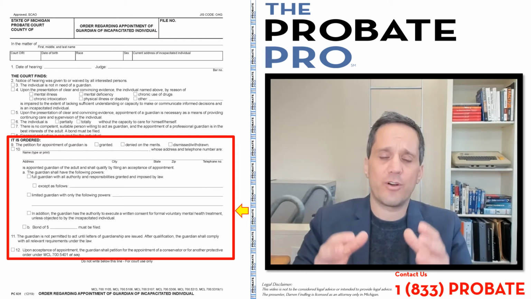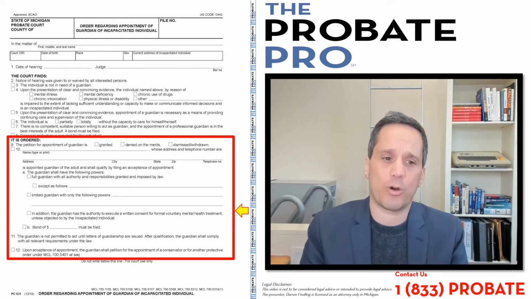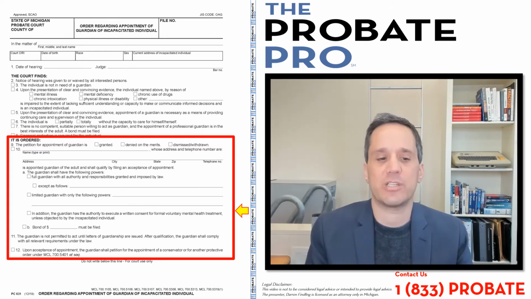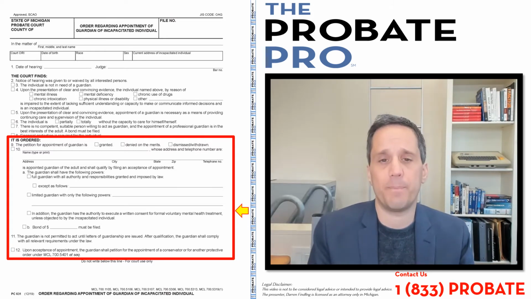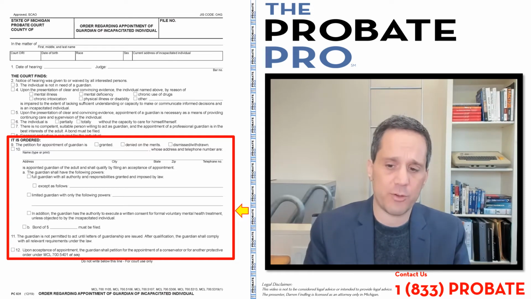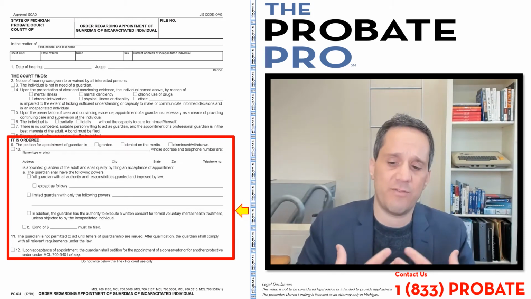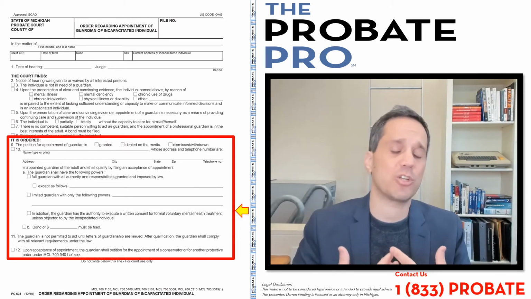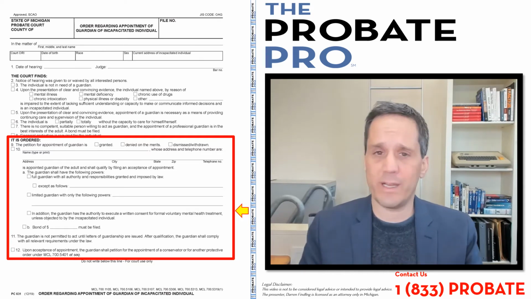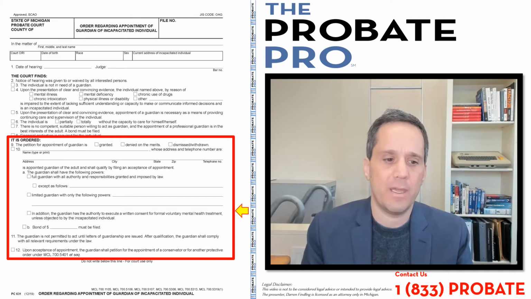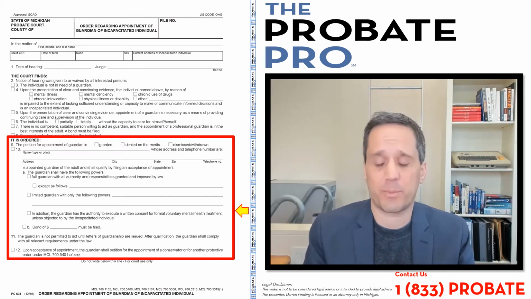So again, this part of the court order gives room for the court to identify the limitations as it relates to the powers of the guardian. And so if there's concern about those powers being full and broad, there should be some clarification to give the individual that's under guardianship as much autonomy and free will and the ability to make decisions as they can manage and handle. Section B is whether there's a surety bond or a bond in place, whether it's a personal or